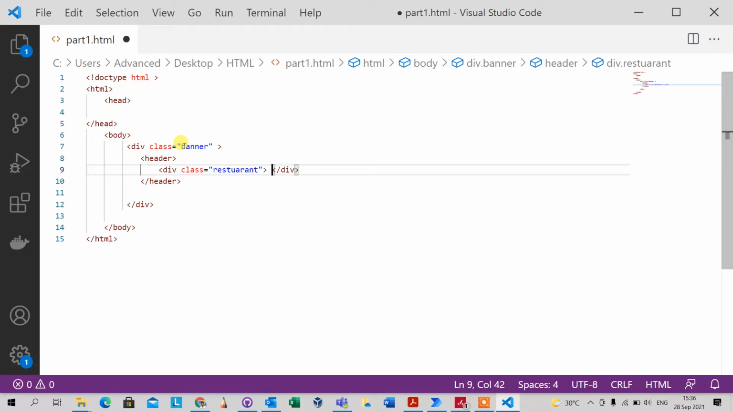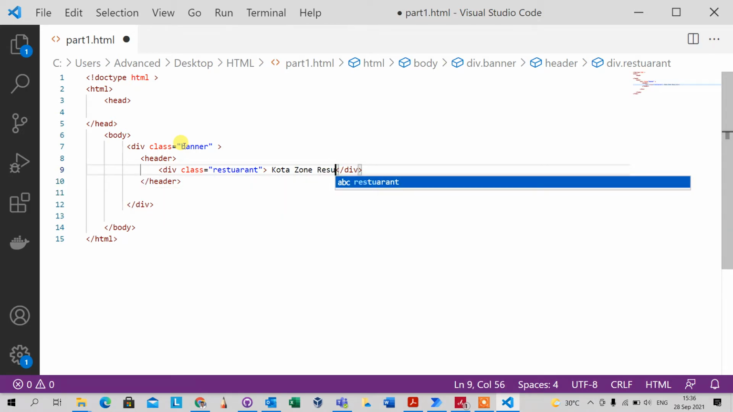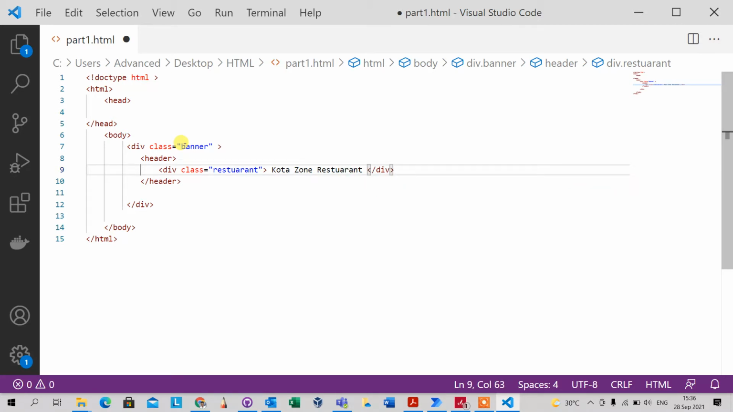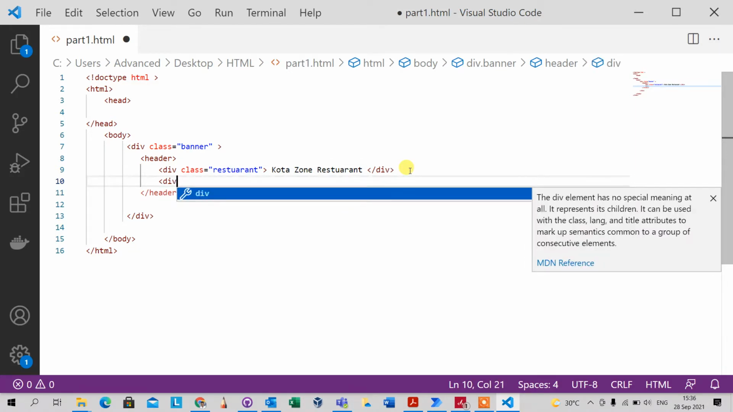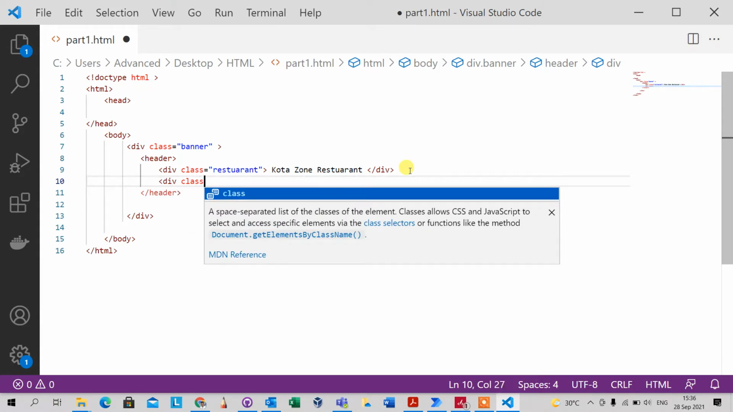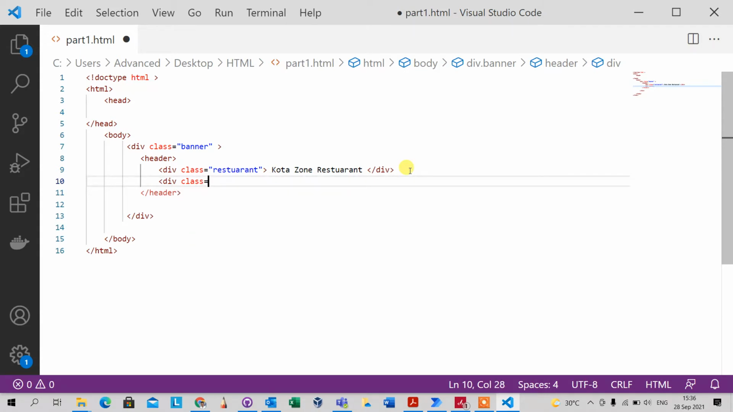and then let's say Dakota Zone restaurant. Here it is, right? And then let me see, what else am I missing now? I need another div. I'll explain what those divs are for. Class equals the navigation bar. Now let me be consistent with this closing tag. There we go. Nav,